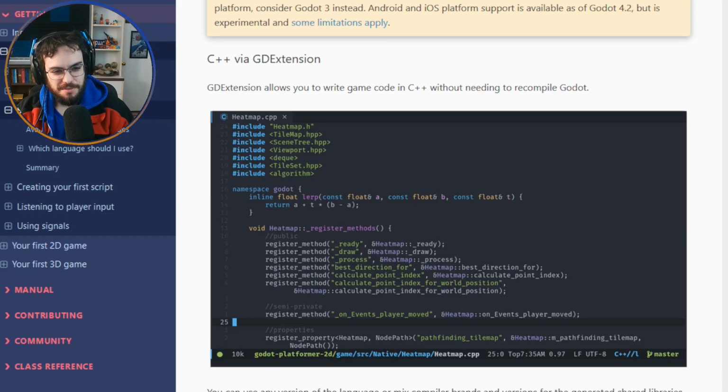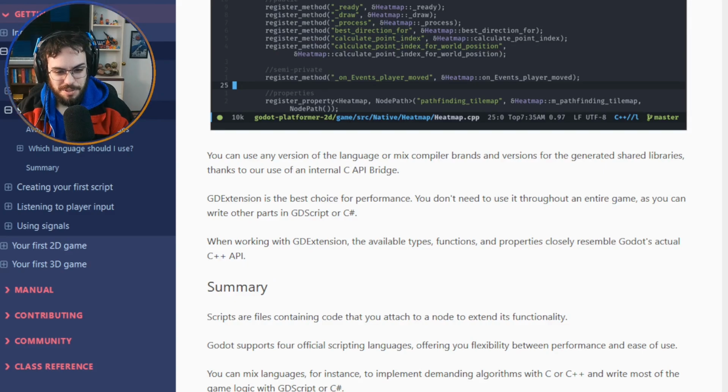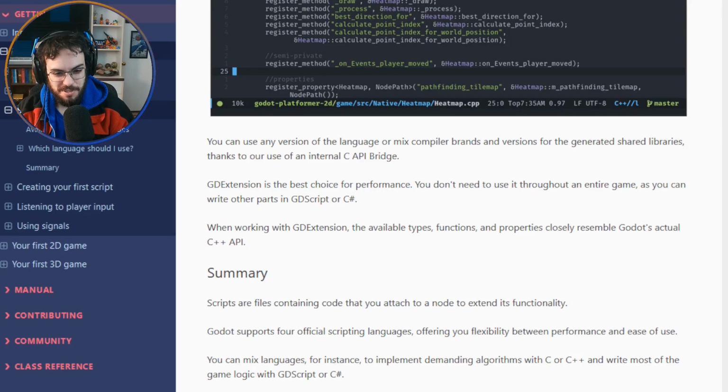C++ via GDExtension. GDExtension allows you to write game code in C++ without needing to recompile Godot. You can use any version of the language or mix compiler brands and versions for the generated shared libraries. Cool. Thanks to our use of an internal C API bridge, GDExtension is the best choice for performance. You don't need to use it throughout an entire game, as you can write other parts in GDScript or